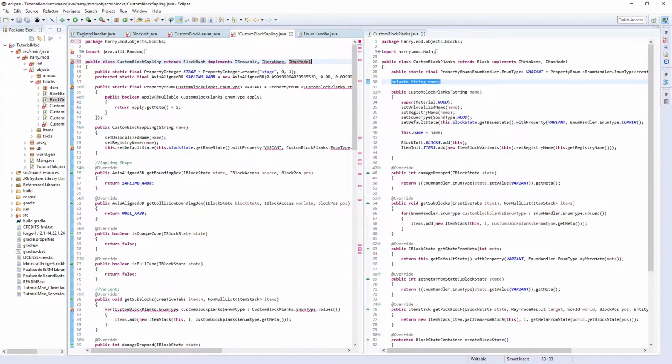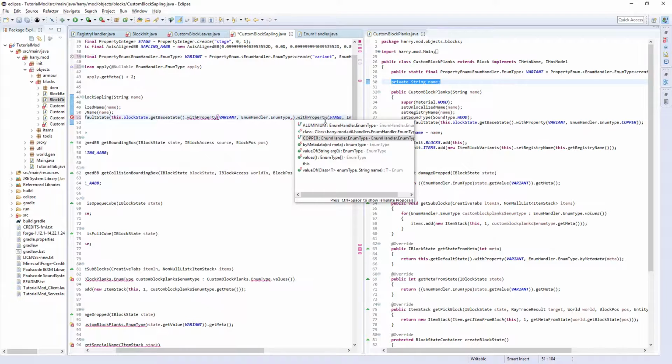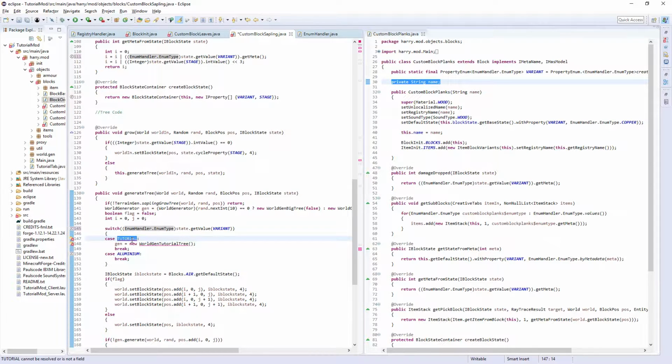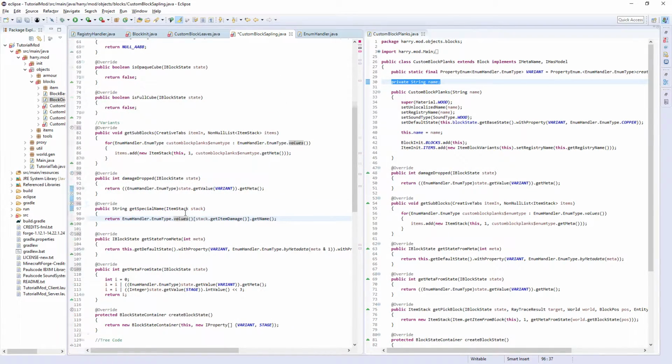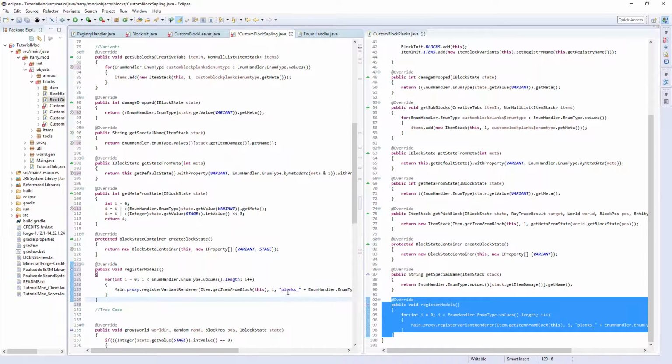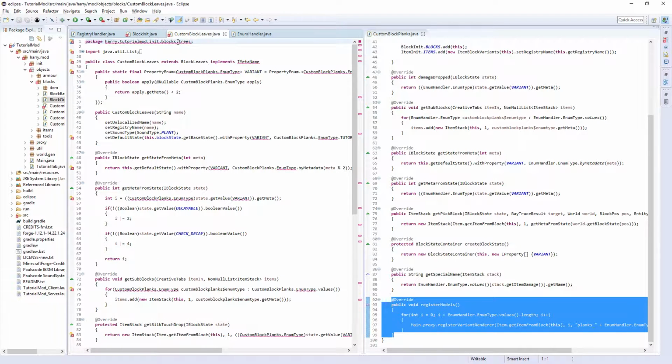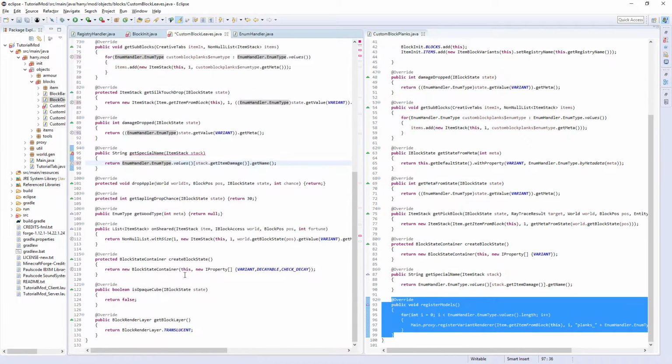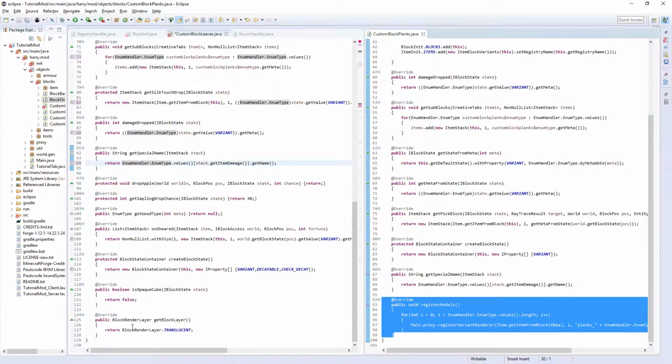Sapling, same thing again: change the package declaration, IHasModel, change everything to enum handler.enum type. Change this to copper, changing this to copper down here, and comment this out for now. Control-Shift-O to import and add in register models, changing this to leaves underscore, sapling underscore, and saving that. Finally, leaves: change package declaration, add IHasModel, change everything to enum handler.enum type, Control-Shift-O, and add in register models, changing